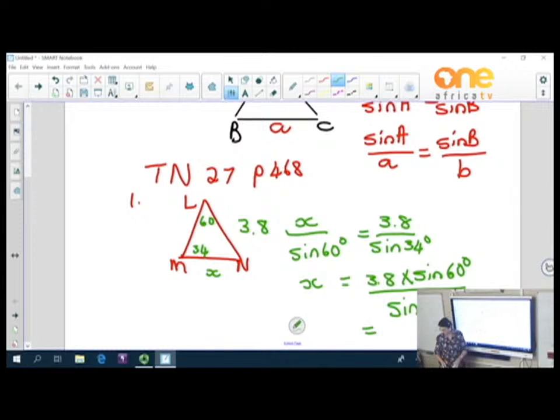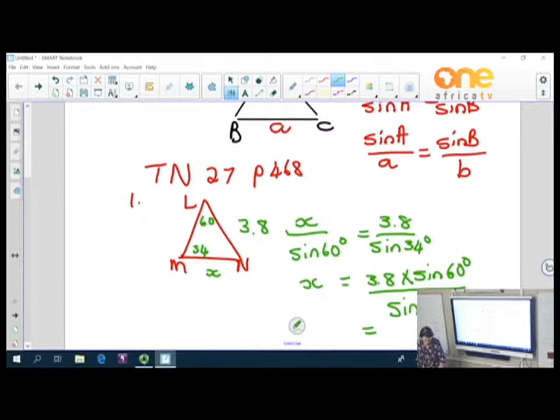And that's then just a calculation that we're going to do on our calculators. So 3.8 times sine 60 degrees is equal to divide by sine 34, and I got